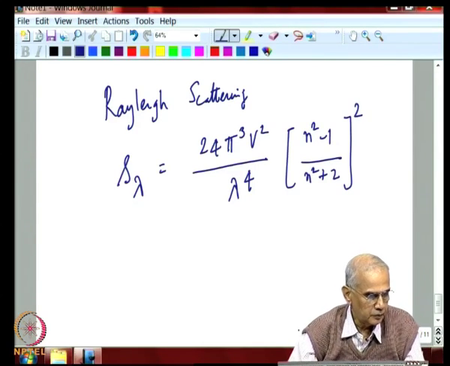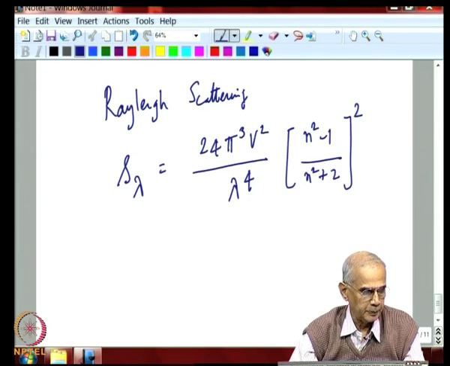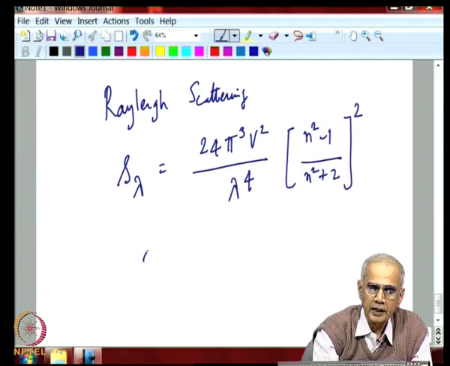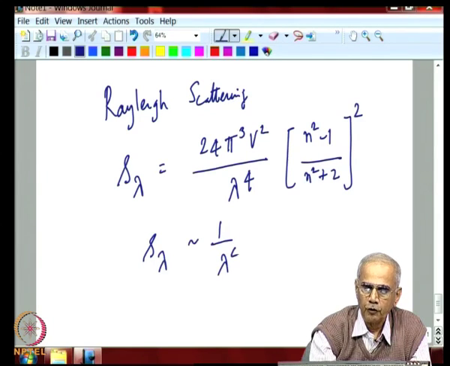So, this is a fairly well known expression for the Rayleigh scattering, showing that the Rayleigh scattering goes as 1 over lambda to the power of 4,